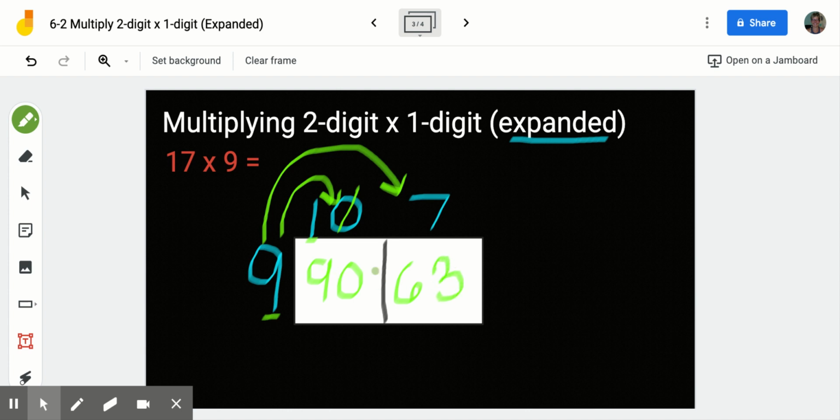And remember, I need to add these two partial products together. So they're not the whole product. I don't get the whole product until I add this all up. Start with my ones, and I get 153. So we are definitely going to practice more of this together, and then we will do some work on